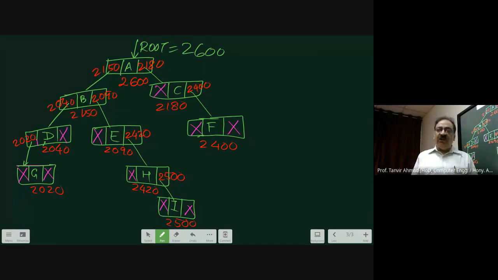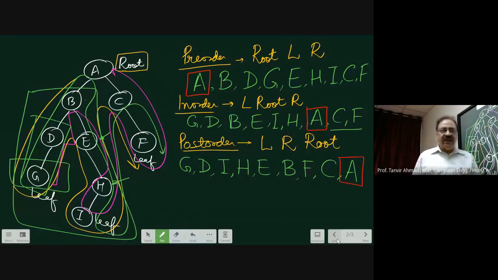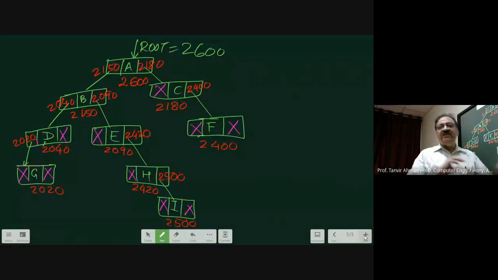Now this is the actual implementation in memory. What I drew over here is just on the board. But how do you store this tree in memory? You cannot store it like this because this is a diagrammatic representation. Actually, when you are going to implement it, you are going to implement it preferably as a double linked list. I cannot say that it is always a double linked list, but preferably. Now this is the actual implementation.